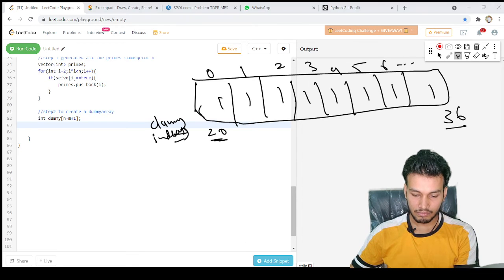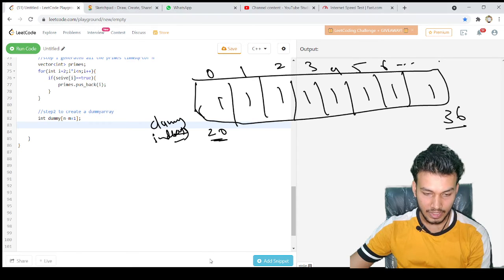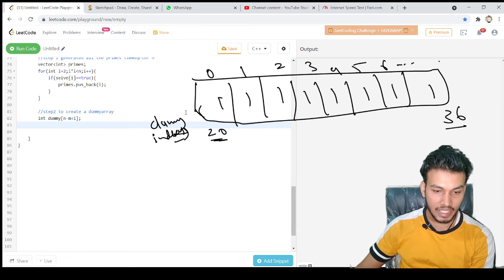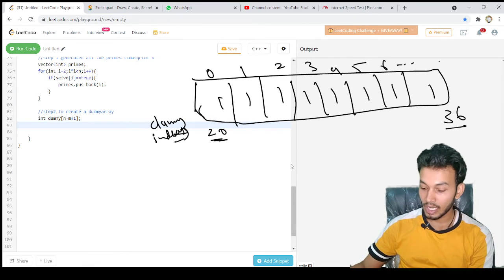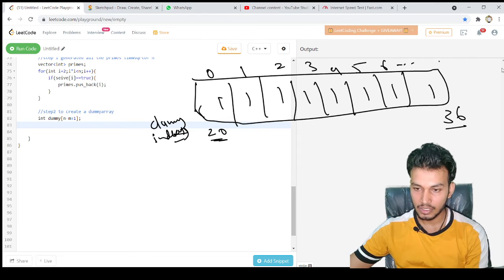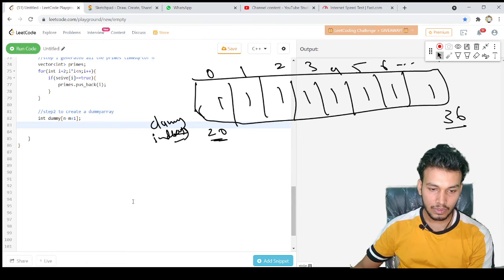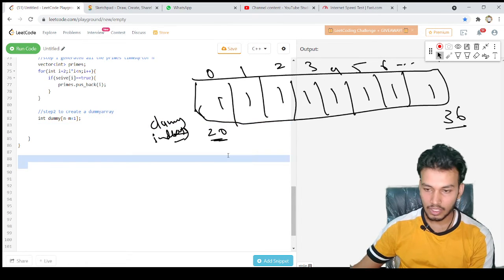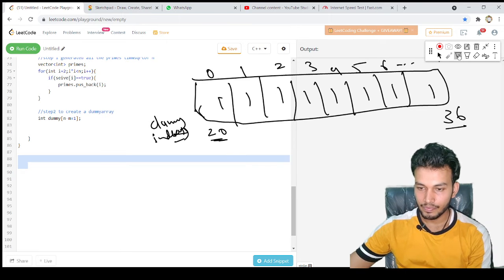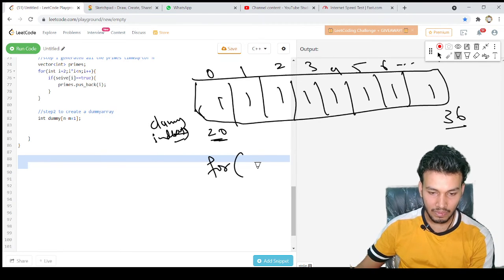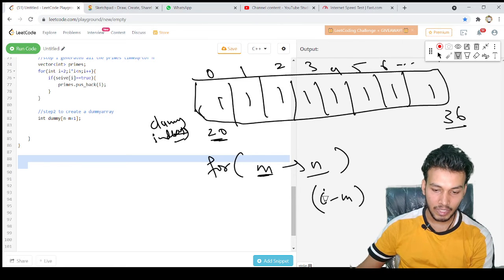Okay, so let's see what will happen. Here in the dummy array, I will initialize everything to 1. And let me tell you how I'm going to create these dummy indexes. I will start a for loop here, and inside my for loop I will start from m and go till n, and my dummy index will be i minus m, because initially i will be m, so m minus m will be 0, then m plus 1 minus m will be 1, 2, 3, and so on.